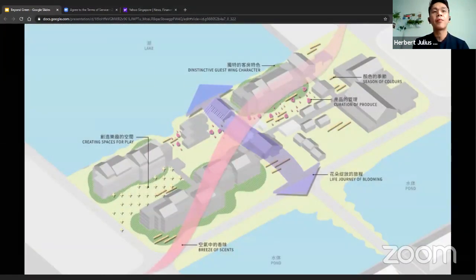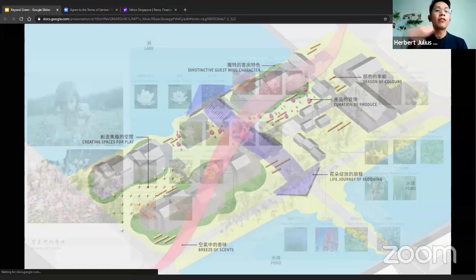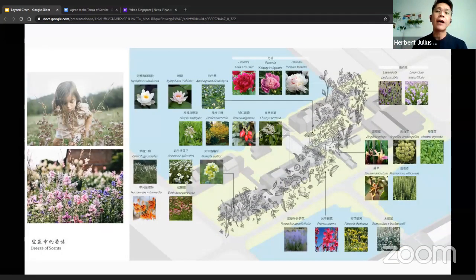So perhaps I'm going to skip through this. I just want to show how a certain facet of design, which is softscape, trees and shrubs, can be really stretched out in terms of thinking. How do we celebrate trees and shrubs in a design? I want to recreate a trail of scent as you go through the site, and define what species we consider, and what we want the guests to experience within the site.